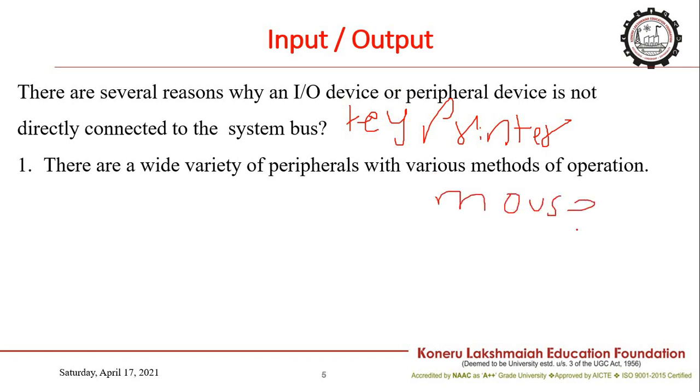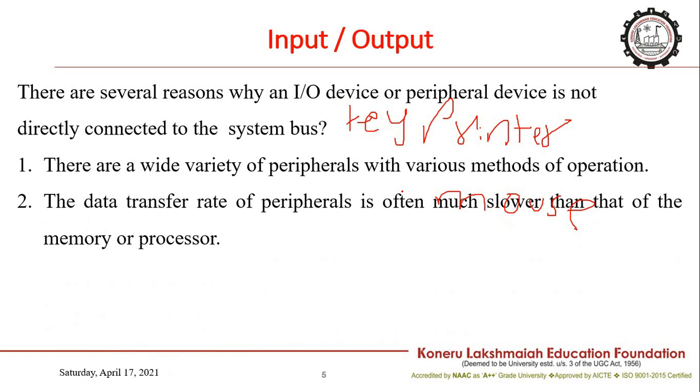So these are the peripheral devices which are used as input modules. The data transfer rate of peripherals is often much slower than that of the memory or processor. So basically, if we send the data directly to a system bus, then it may not be